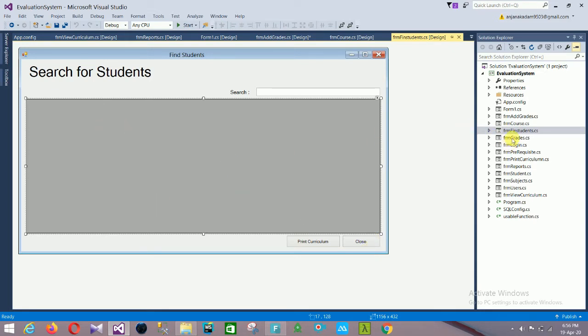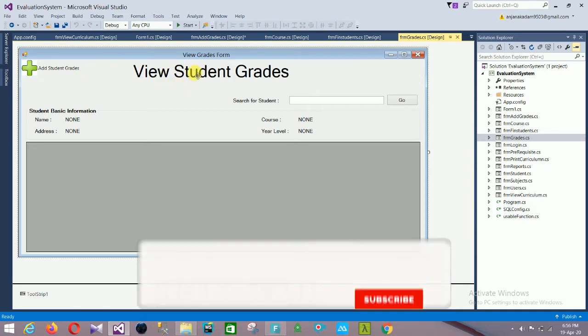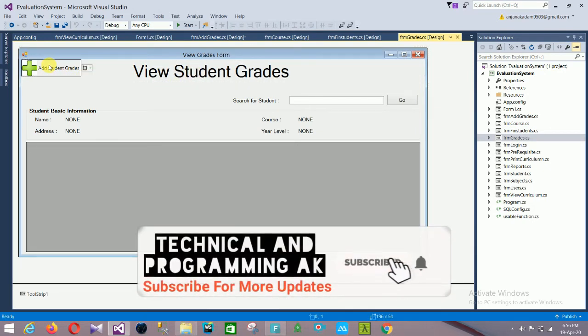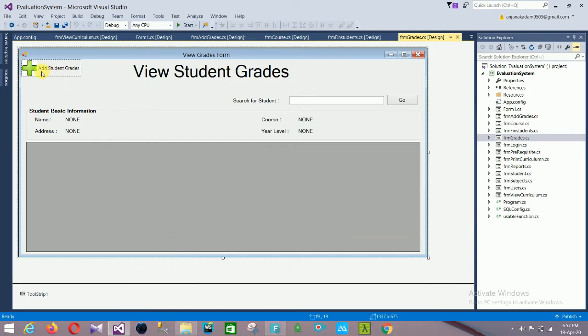Then the next form is the grades form. This is the grades option. In the grade option, you can view student grades, and this is the add student grades option. Adding new student grades here and viewing student grades here. And basic information about the student: name, address, course, and year.